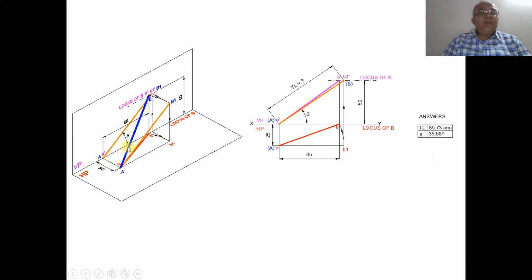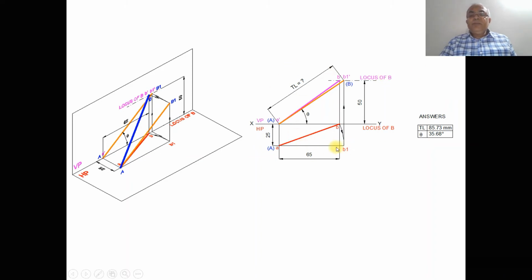So now the line is parallel to VP. Once the line is parallel to VP, and when you are projecting this, you are going to get the true length here. So this is the line which gives the true length, and you measure the angle theta. The theta angle will be here. When you are trying to do it in orthographic view, we have A and B. A is in front of VP and B is on VP. Now you are rotating such that you are making it parallel to VP. So AB1 is the line which is parallel to the XY line in the top view. Obviously, the corresponding front view will be in true length.